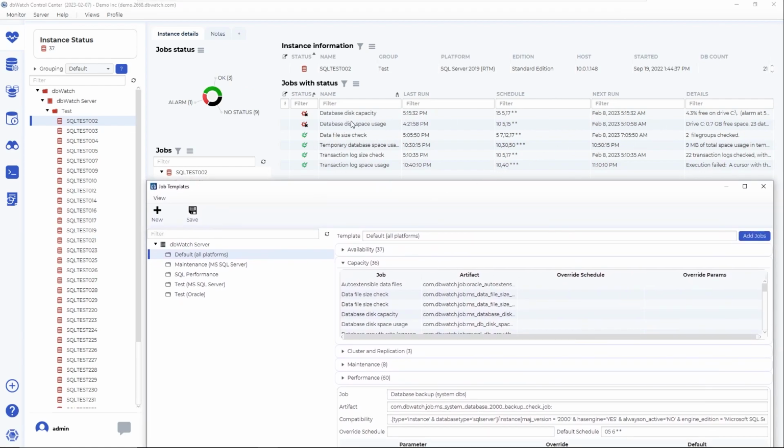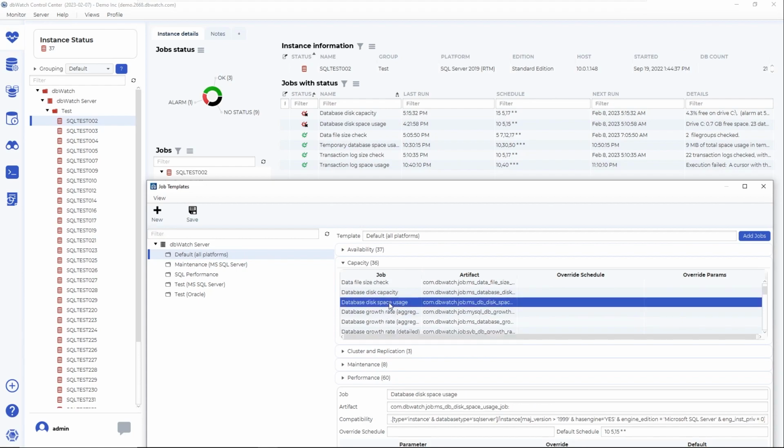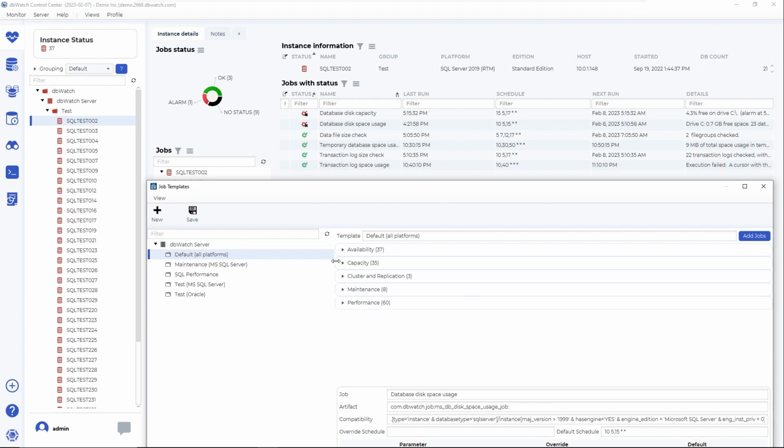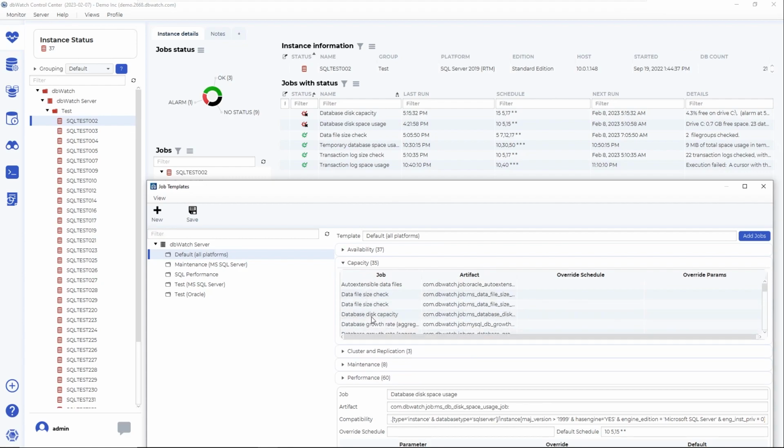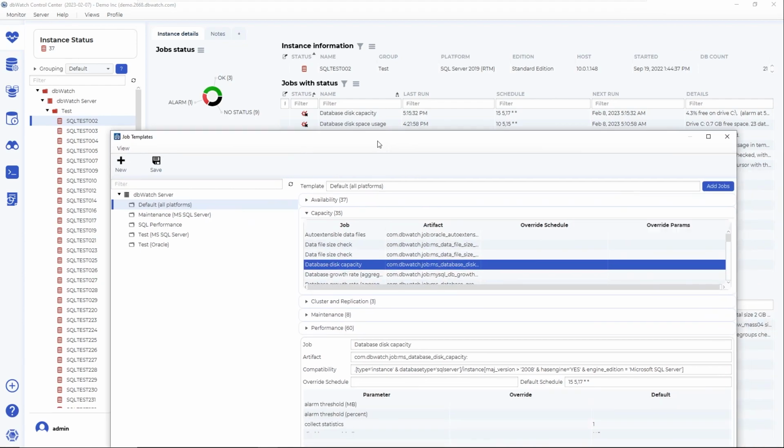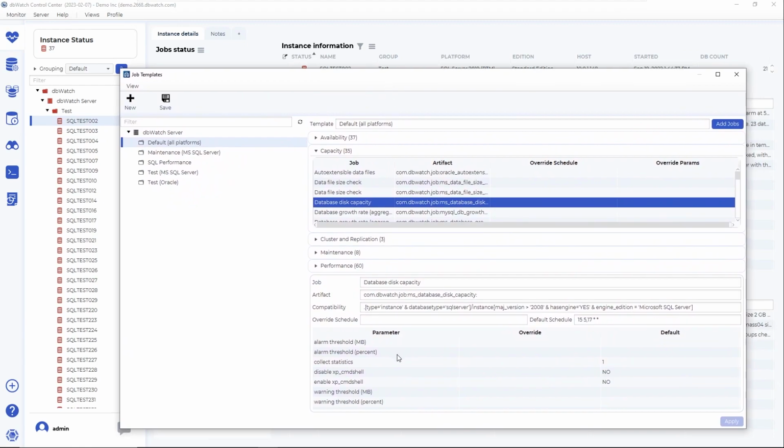So disk. So disk database disk capacity. So yeah, so we might just need database disk space usage. We just remove this one, and then for the disk capacity, so we can see the alarm thresholds